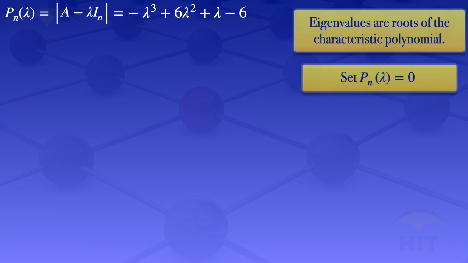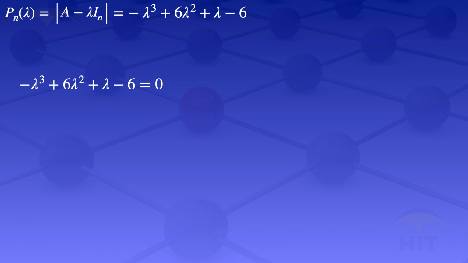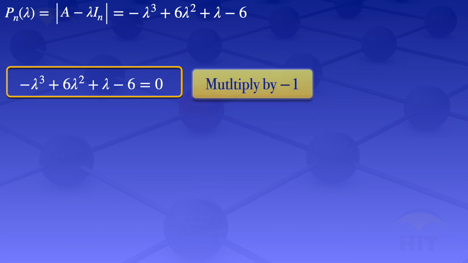Eigenvalues are roots of the characteristic polynomial. To get the eigenvalues, we set Pn of lambda equal to 0 and then solve for lambda. So when we set Pn of lambda equal to 0, we would have minus lambda cubed plus 6 lambda squared plus lambda minus 6 equals 0. I usually find it convenient to have the leading term as positive, so I will multiply that whole equation by minus 1. If I multiply by minus 1, the equation becomes lambda cubed minus 6 lambda squared minus lambda plus 6